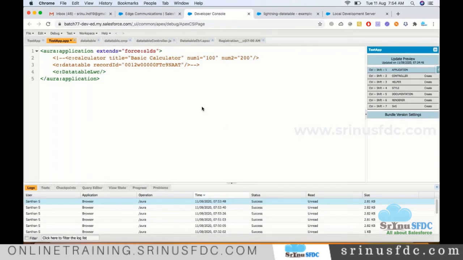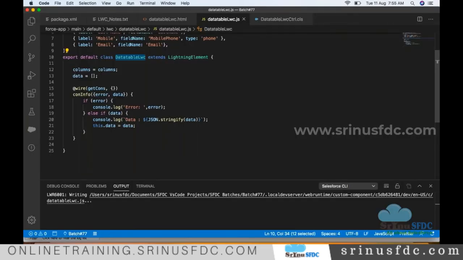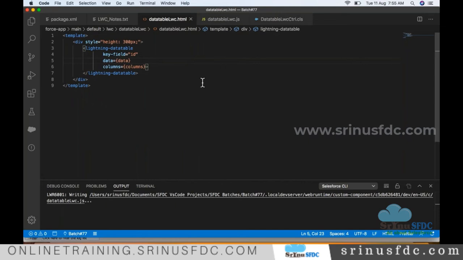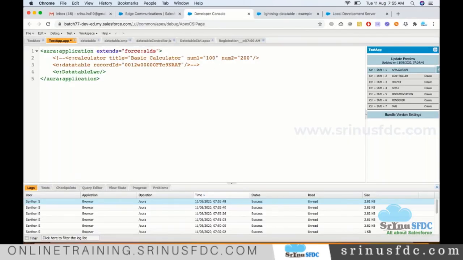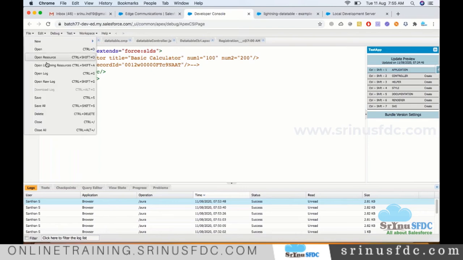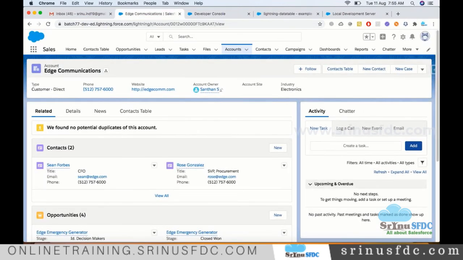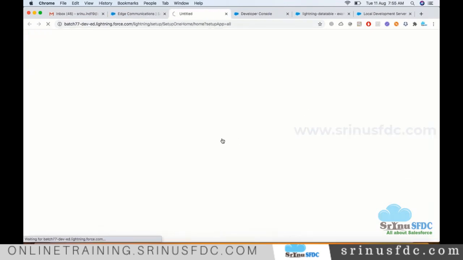Okay, and one more thing, I think we still did not deploy this to the server. We are looking only in the local development server. This is still not at the server. And if you want to see whether it is really there in the server or not, there is no way to see that in the developer console. There is no way to see whether the Lightning Web component is there in the server or not. So the other way to cross-check whether it is really there in the server or not,